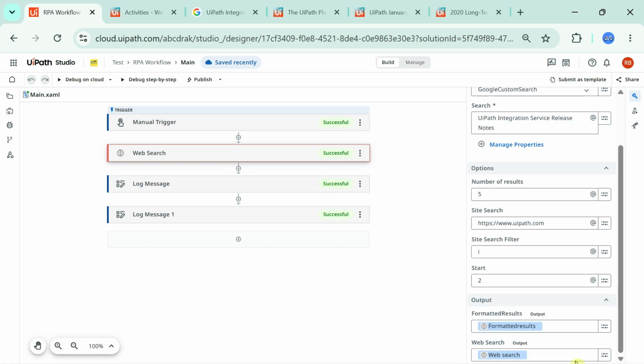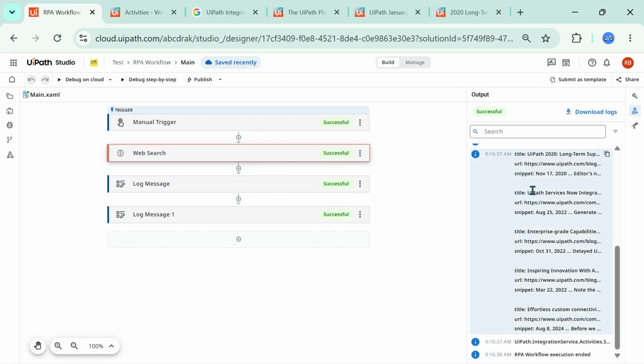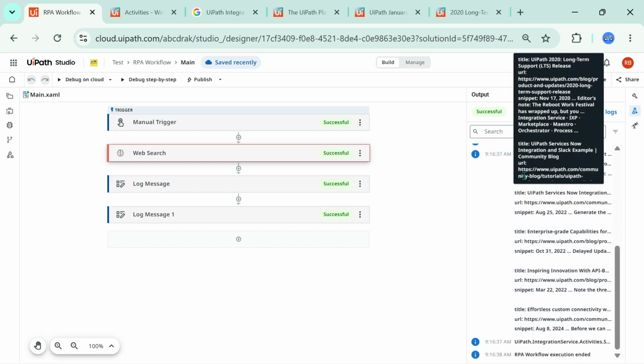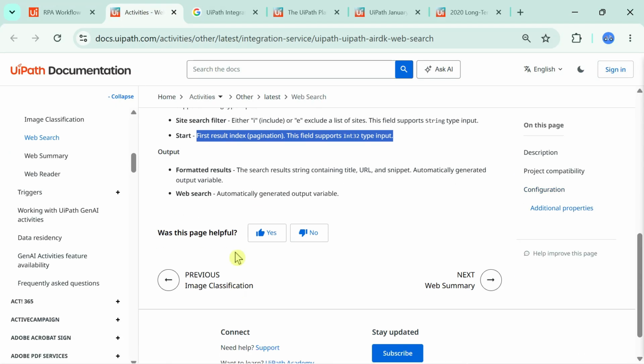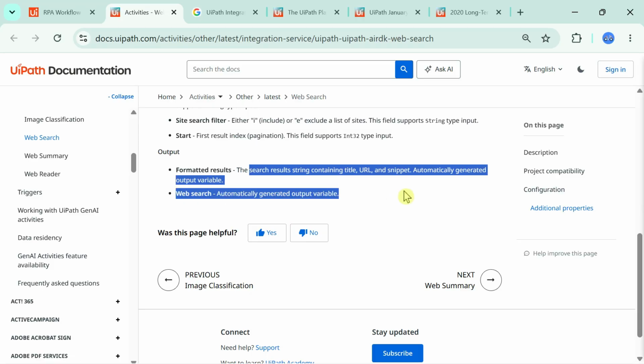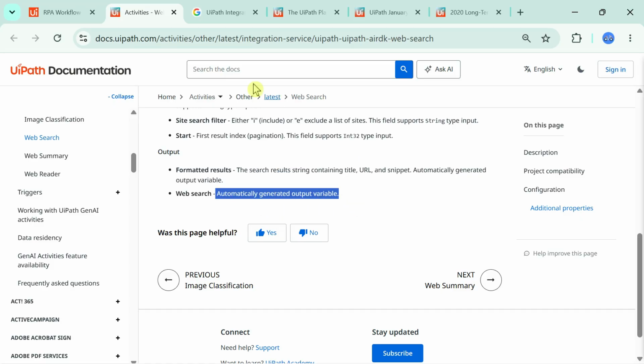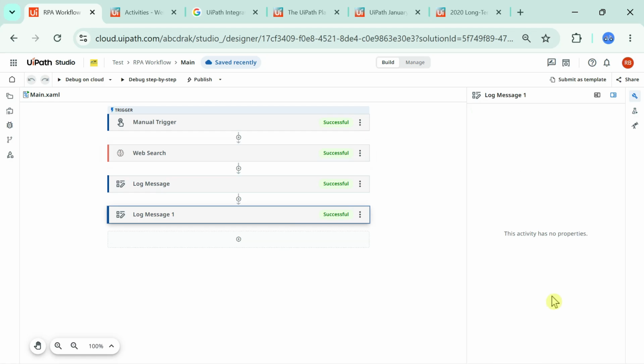Now the web search, look at the formatted results in web search. So the very first log message has given this one, the formatted results has given you the exact output, and the second one is a variable which contains the entire metadata for later use. So if you see this formatted results, it is the search results string containing title, URL, snippet, an automatically generated output variable. And there's a web search automatically generated output variable. This web search, if you see the output of this,